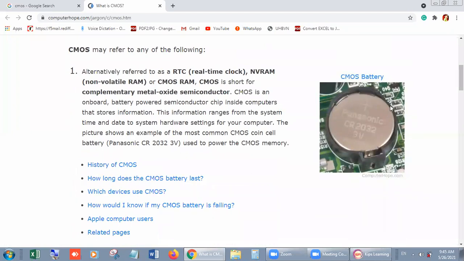It is just like your wristwatch cell, but a wristwatch cell is very small. It is very big, approximately 20 times bigger than a wristwatch cell, right? It is inserted inside the motherboard, as you can see in the picture, right, beta? So it always stores your date and time.